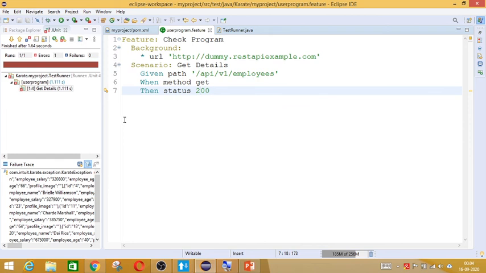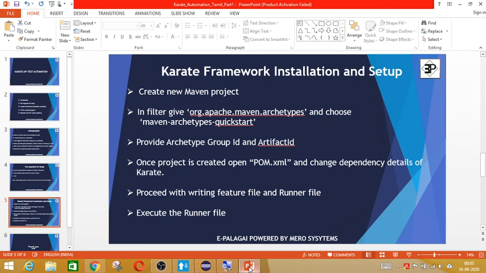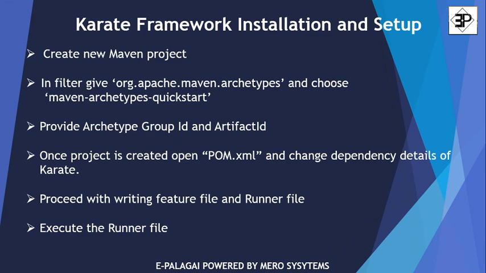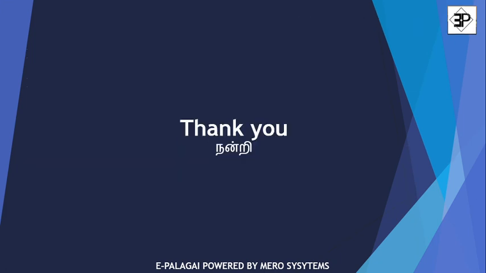So this is how the Karate program works basically. Try this simple program, and then we will cover the remaining functionalities like get, and other ways to validate the response, and then we will also see how to use JUnit 5 and then post. So try it out and let me know. Thank you.